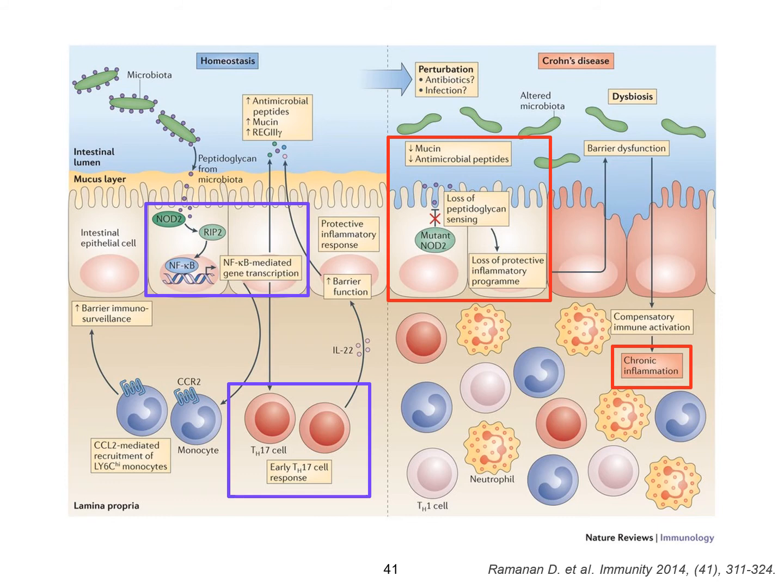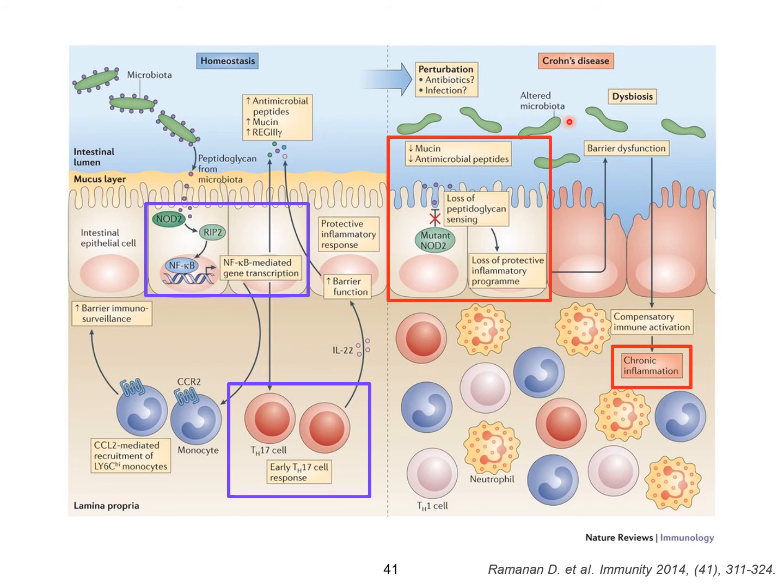So in the picture, the left side is homeostasis and the right side is Crohn's disease, a disease of the gastrointestinal tract. So you can see the intestinal lumen and mucus layer here. This is the natural state. Antimicrobial peptides, when they are increased, are taken inside the mucosal intestinal epithelial cell and the bacteria are killed. But here in Crohn's disease,